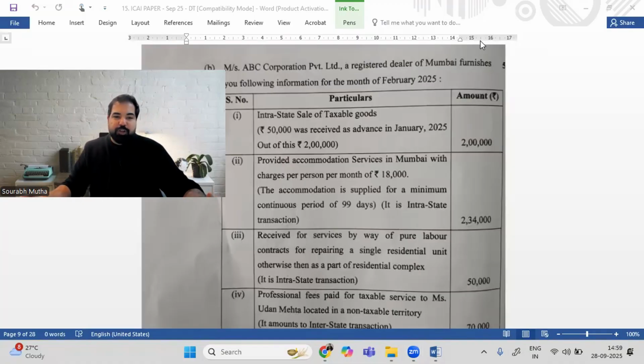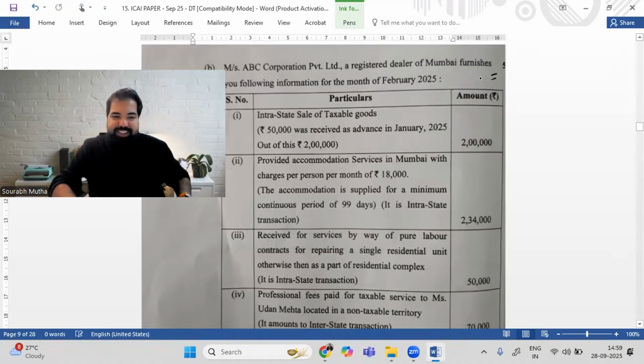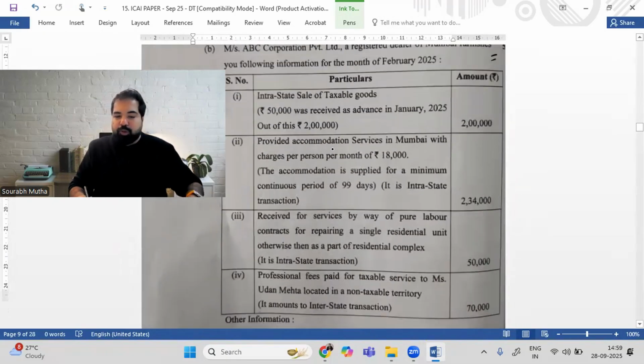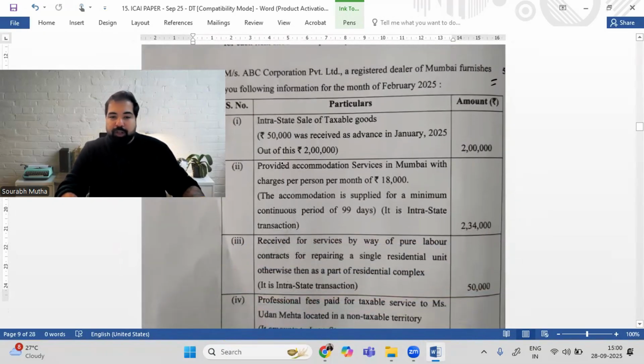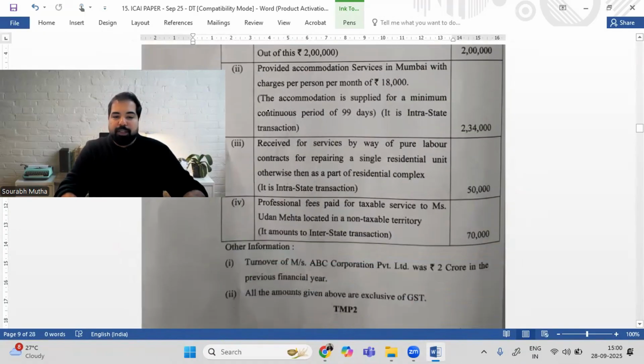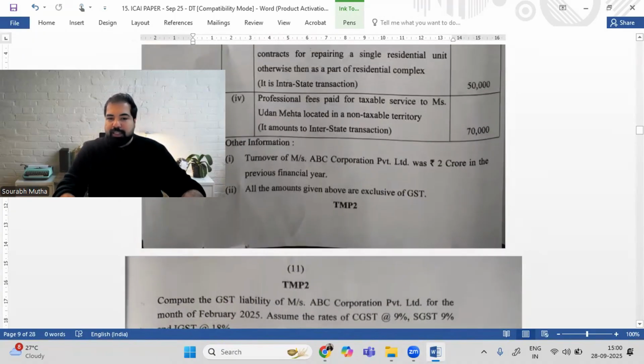All right, so this is question number 1B or 5B actually, 1 for GST, but 5 actually in the paper. Let's see what this question is asking. This is for 5 marks here. Let's see how well we can score these 5 marks in GST. This one, again, I'm reading the last line once again. Compute the GST liability for the month of February. So this is the same month like February, like the fifth sum A part. But this one just talks about the GST liability to be paid. Let's see how this works.